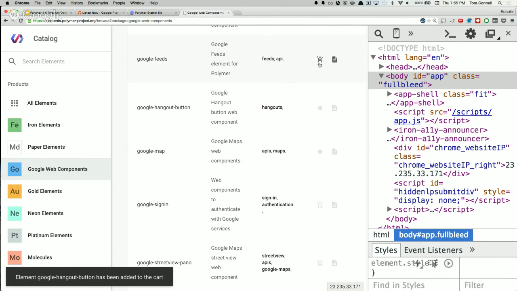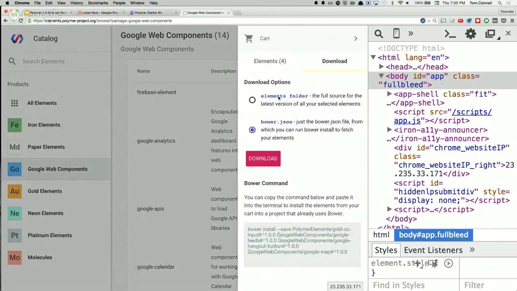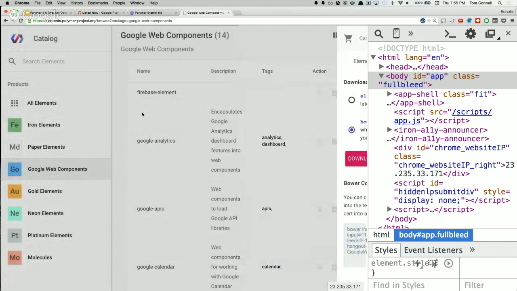You can add a whole bunch of elements to your cart and then check out. It shows you what you have, and then you can either download this as a folder, or you can just download a Bower JSON file, so you can throw that into your project, run bower install, and you get all this stuff. But if you already have an existing Bower project, you can just copy this command here, which has the bower install command to get all of your elements. I mean, it's kind of geeky. I like that. It's kind of nifty. It's kind of cheesy, but you don't have to type all that stuff. It's kind of nice. And it's also cool because